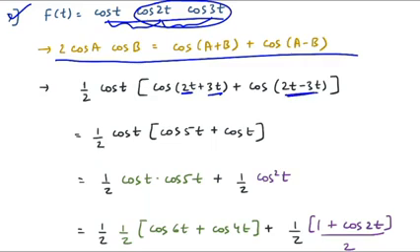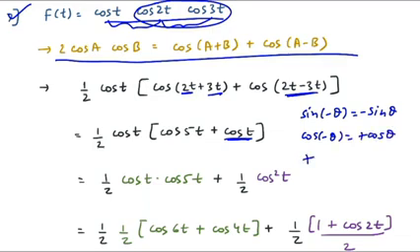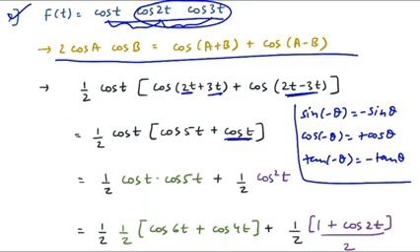Why? Because whenever you see this cos of 2t minus 3t, which means cos of minus t, how did it become cos of plus t? So here you have to make a note: if you have sine of minus theta, then the answer is minus sine theta. But if you have cos of minus theta, the answer is plus cos theta. And the same for tan of minus theta, which is nothing but sine of minus theta upon cos of minus theta. So you know the answer: minus tan theta. So these are the important relationships you should know while doing the simplification. So here you will get the plus cos t term and not minus cos t.